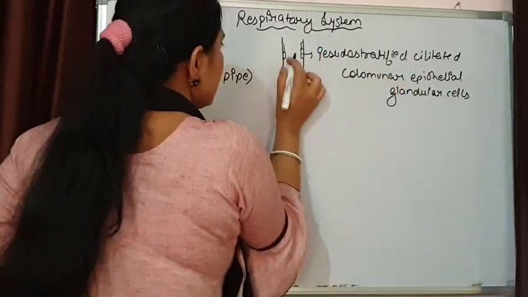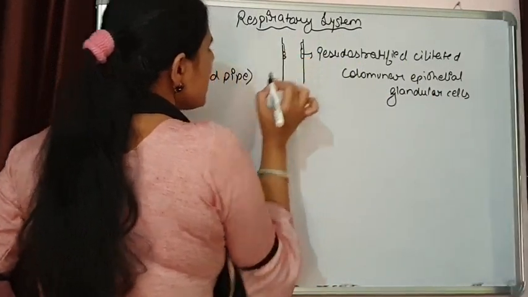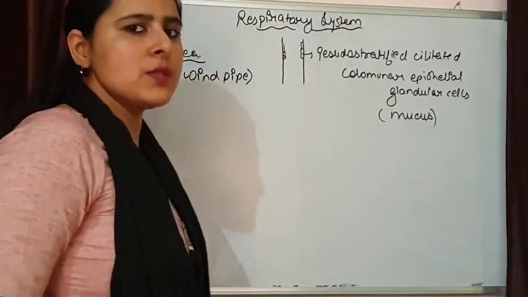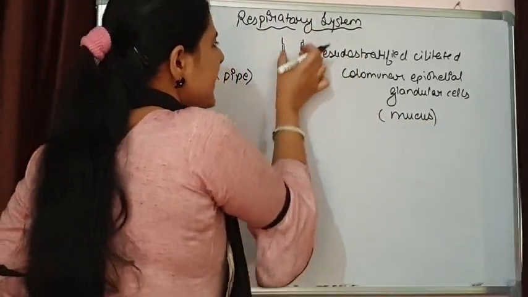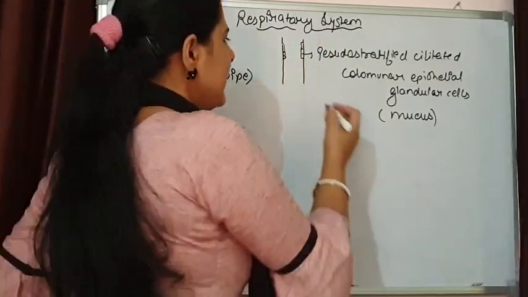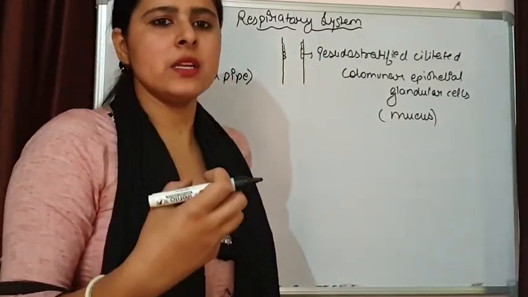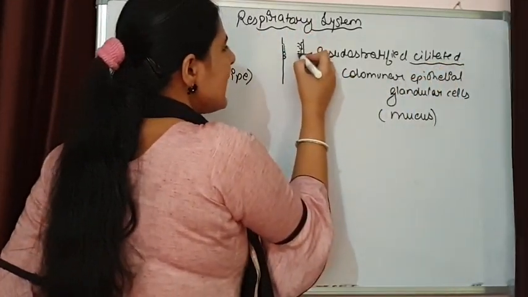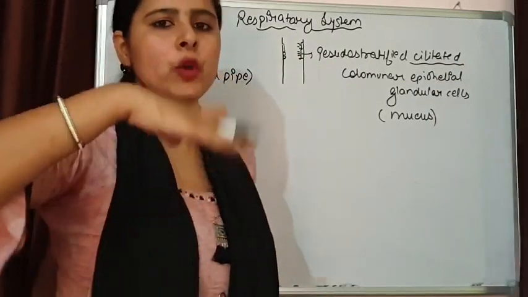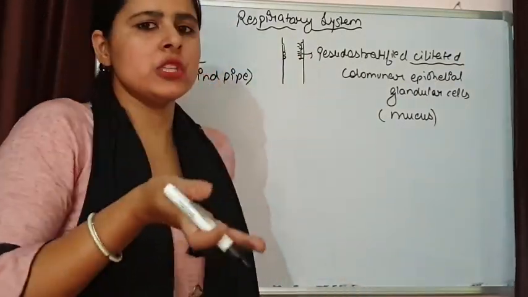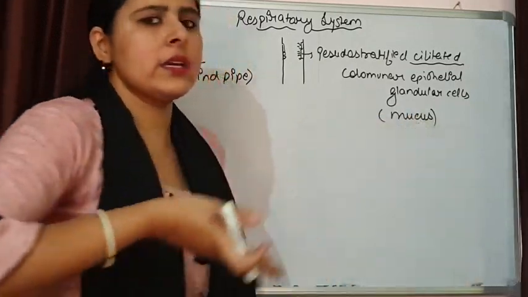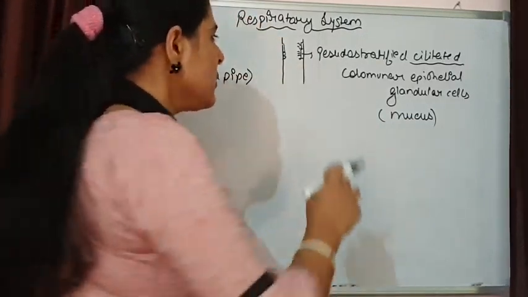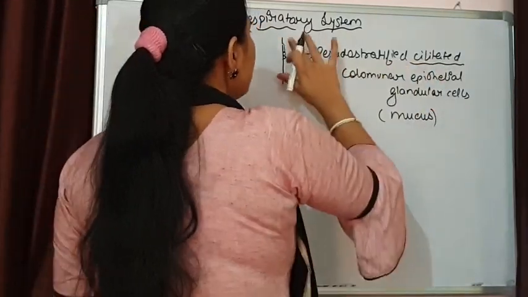And these glandular cells are responsible for the secretion of mucus. This mucus is going to keep the respiratory tract moist, plus it is going to trap the dust particles present over here. Because ciliated cells are present, that means small cilia are present. These cilia are going to move and push this mucus with trapped dust particles upward in our upper tract, and finally we can spit it out. So this is the function of these specific types of cells.